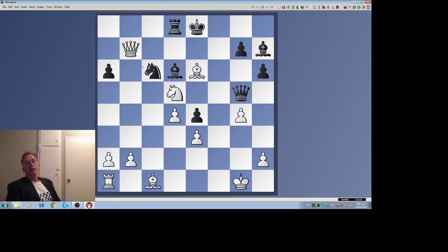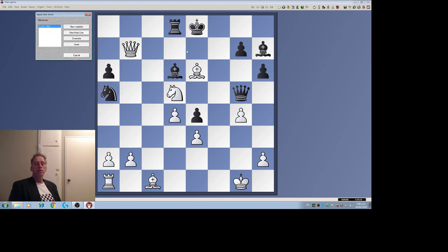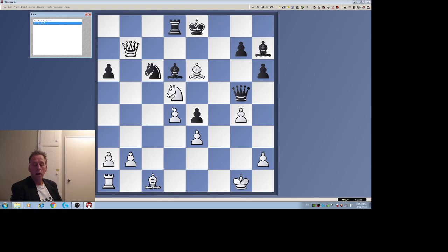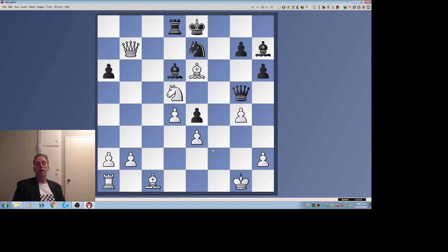Queen b7. Now I'm threatening, sadly, this, and yeah, I am threatening this. So knight a5 is no good because of queen f7 checkmate. So I'm not very nice to my opponent here. Knight e7, okay. Now I play knight e7. Now I think the best for black is queen e7, but they didn't play queen e7, even though it's pretty